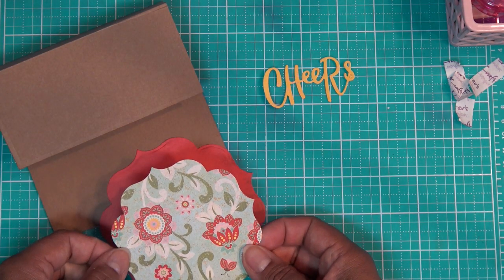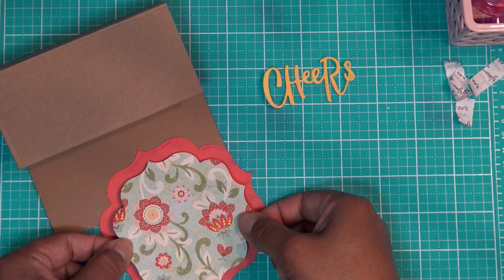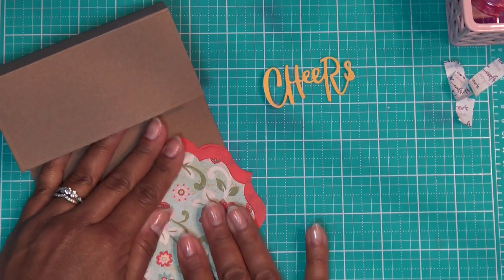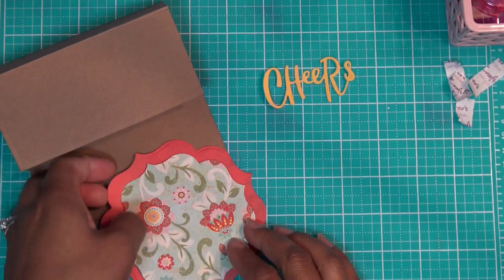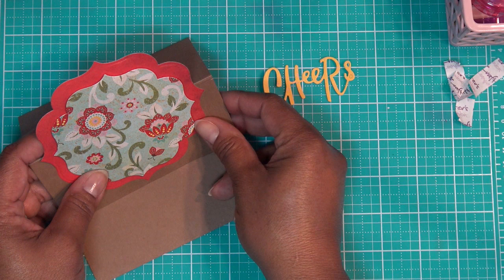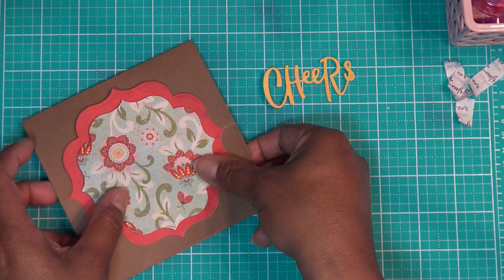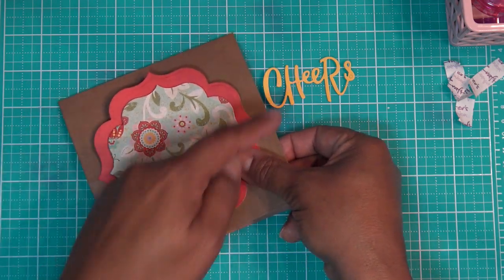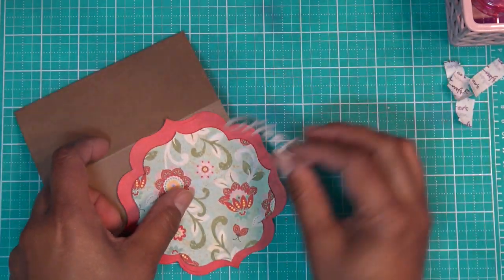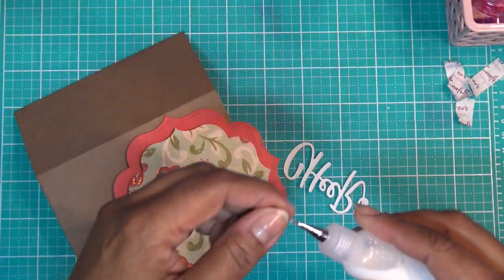And again, distressing, all that fun stuff we do, right? I'm just kind of getting to the meat of it, but do a little distressing on the edges, all that fun stuff, the card base itself. This is cute. Oh, good thing we went ahead and folded it at the very 2.5 line, because that way this looks very centered. And then we have our word cheers that I'm going to stick down with some of this glue very